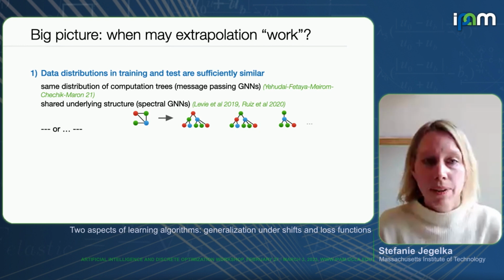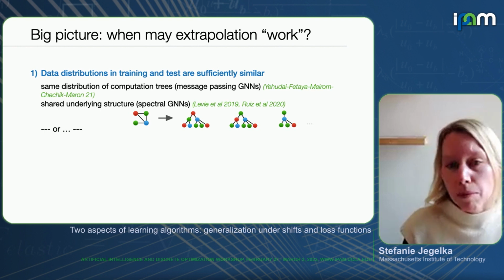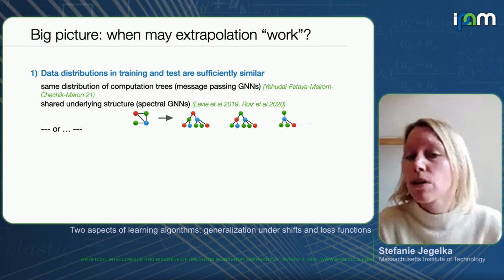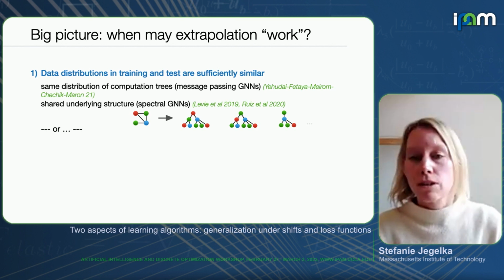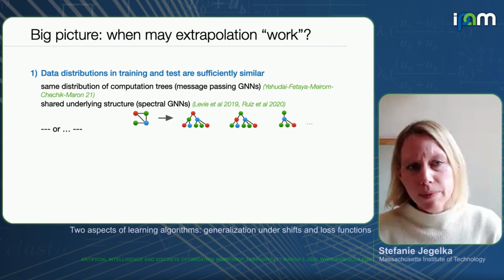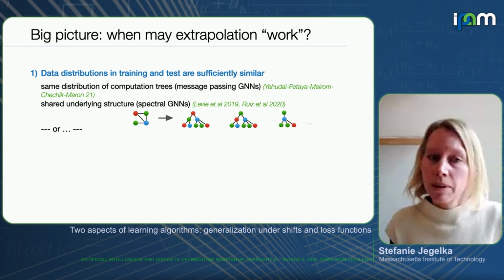So I'm okay. And you can make a similar argument with the spectral properties, which also is strongly related to the shared local structures of the network. So in those cases, you can prove that you actually get generalization.